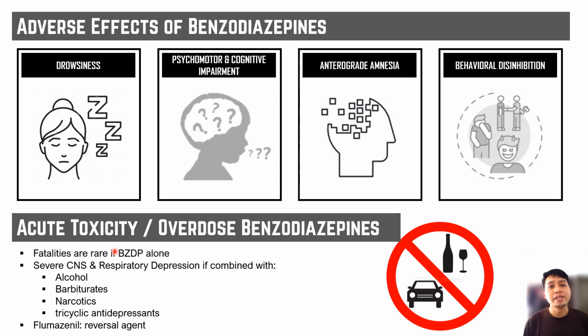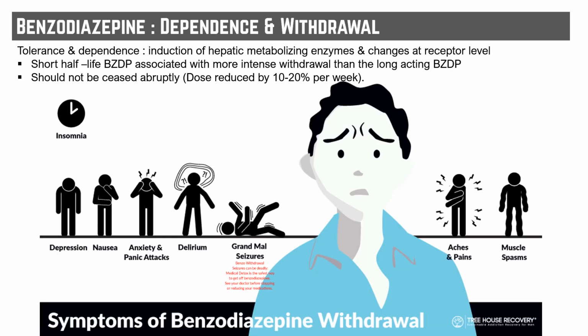In clinical practice, if this case happens, first and foremost, the clinician will provide airway or respiratory support and try to reduce absorption of benzodiazepine by giving gastric lavage, such as with charcoal. They also can initiate reversal agents such as FLUMAZENIL, which is an effective benzodiazepine antagonist, which we'll discuss later. Before we discuss further about FLUMAZENIL, I would like to highlight here that benzodiazepine